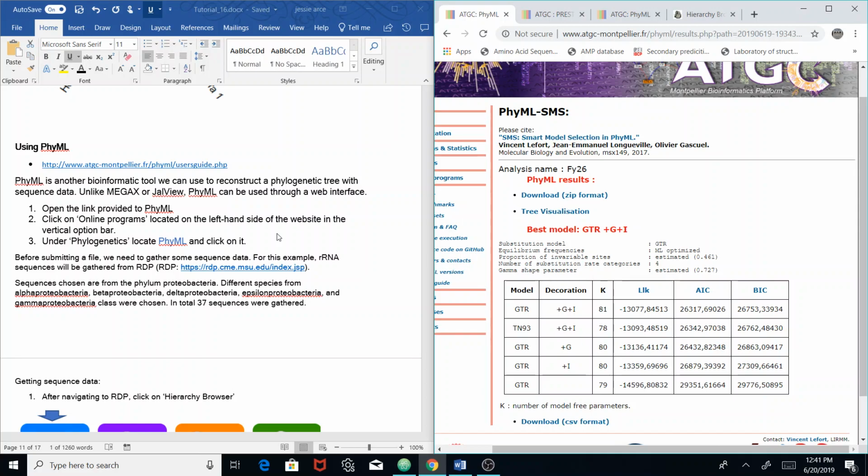And if we were to do that in Mega, we might have to figure out what would be the best model in that case. Here we're using the AIC method to calculate what's going to be the best substitution model for us. Okay, and then we can actually visualize the tree. Just click on tree visualization,